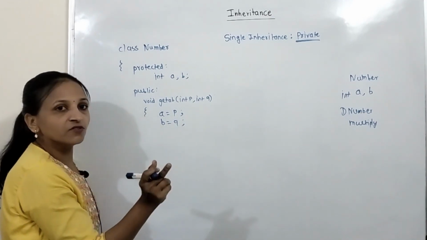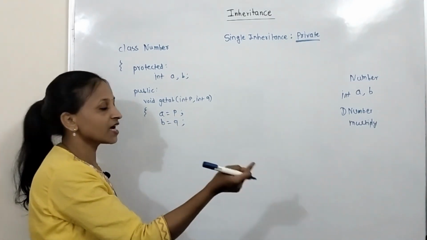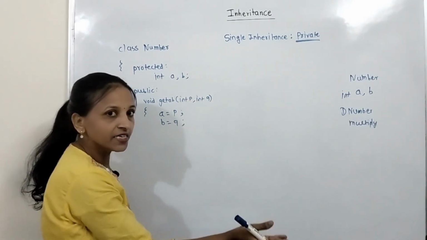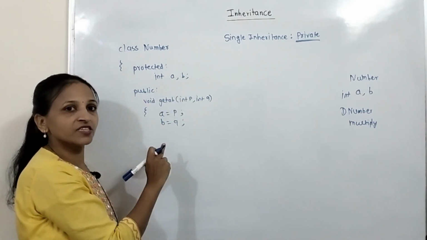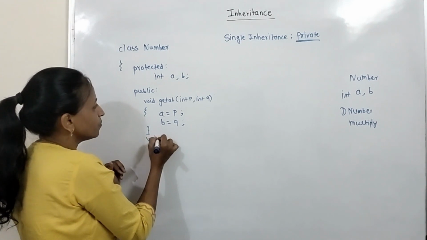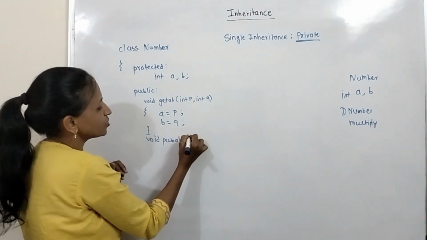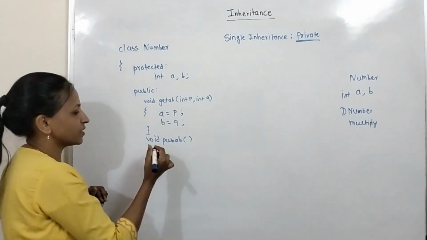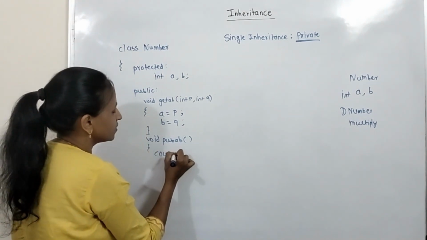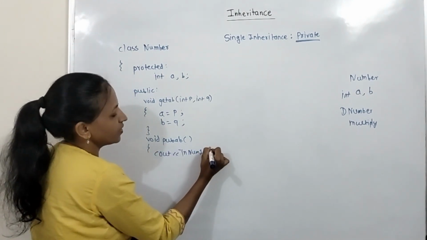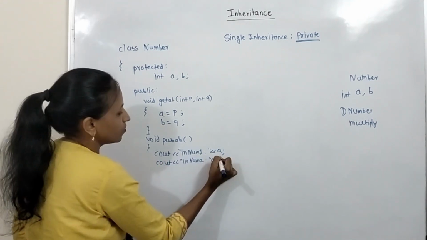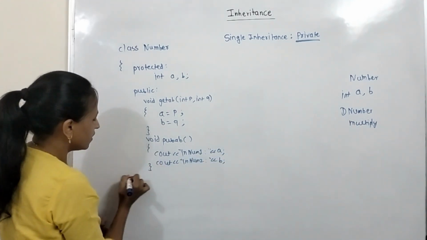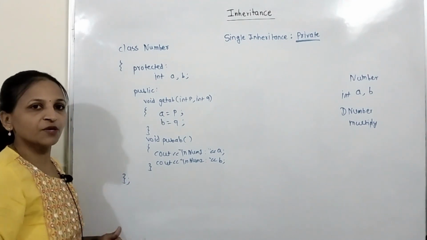Always keep in mind, whatever value you want to assign should be on the right hand side, and the variables, the data members, should always be on the left hand side. Now next one is void putAB. Simple, we have to just display those two numbers here. Like cout, let's say num1 colon A and num2 colon B, in this way. Now close the class and give a semicolon.